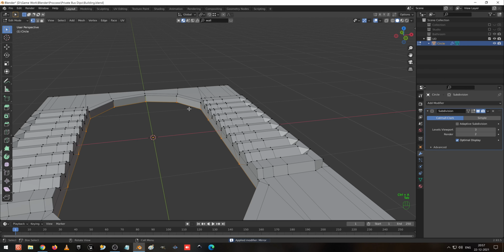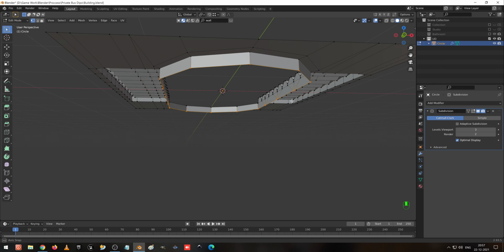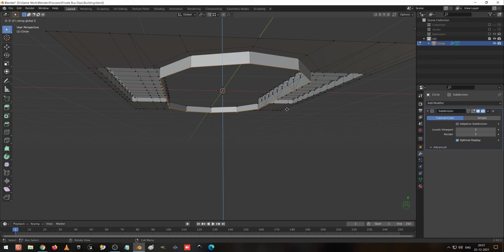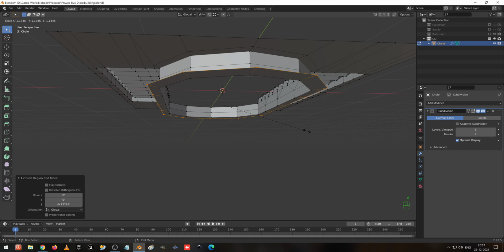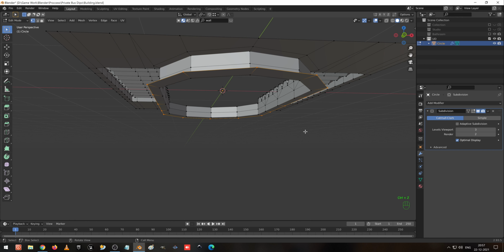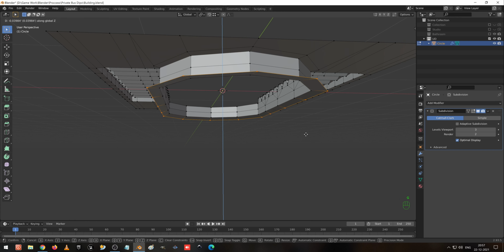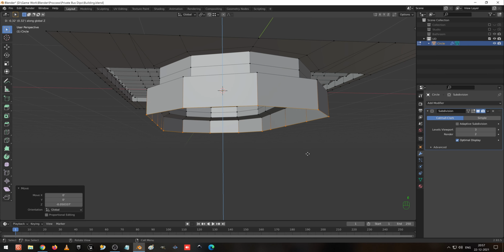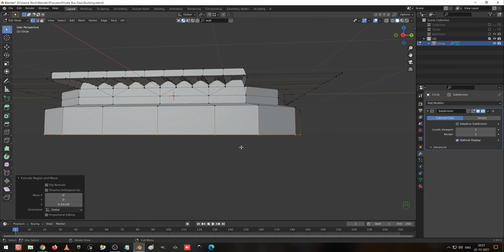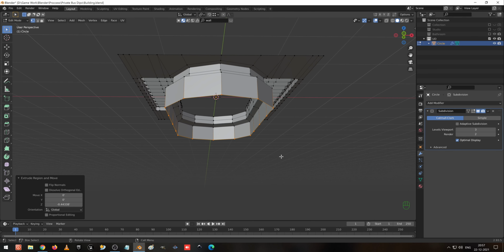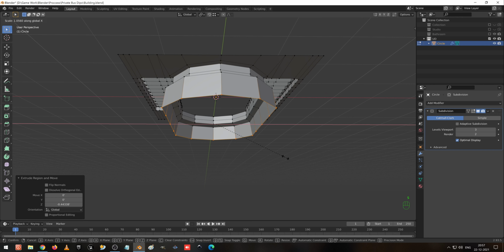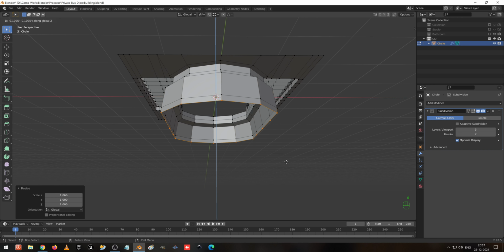Go to edit mode, and again after selecting this bottom edge loop vertices, press E to extrude in Z axis, so make it a little more big, and E to extrude and scale, and sorry, I undo it, G Z to move a little bit down, and E to extrude in Z axis, and S to scale it in X axis a little bit, and E to extrude in Z axis.